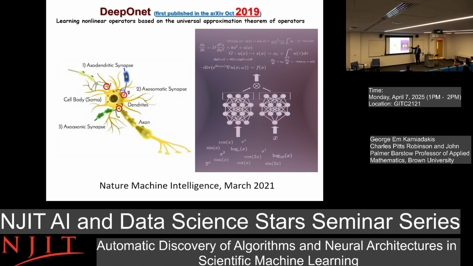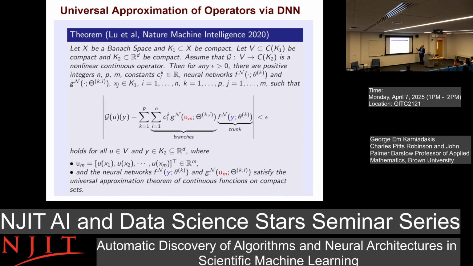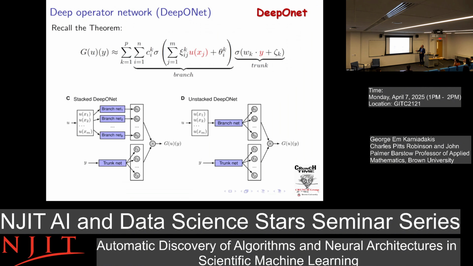But this operator could have lots of derivatives. It could be an integral, or it could be a black box, something that we don't know and we try to discover. But it's an operator. Inputs are functions or distributions, a plurality of different scenarios. It turns out that there is a universal approximation theorem for operators, just like for functions, that was discovered about the same time. We proved it for deep neural networks much later.